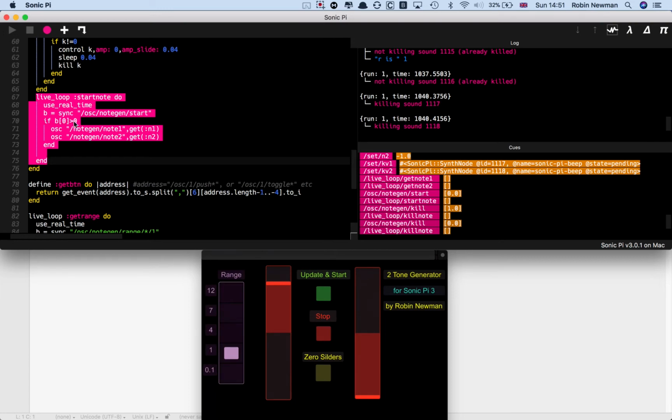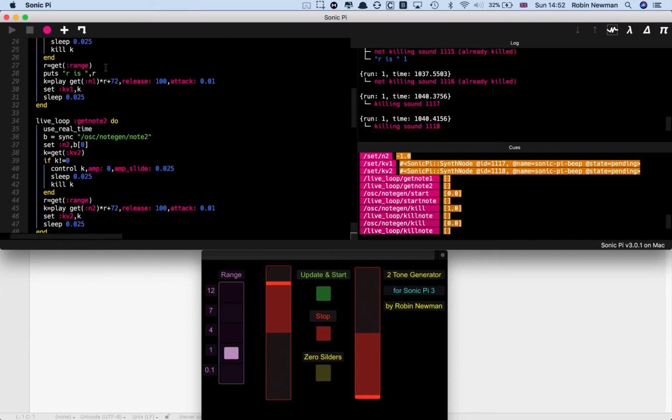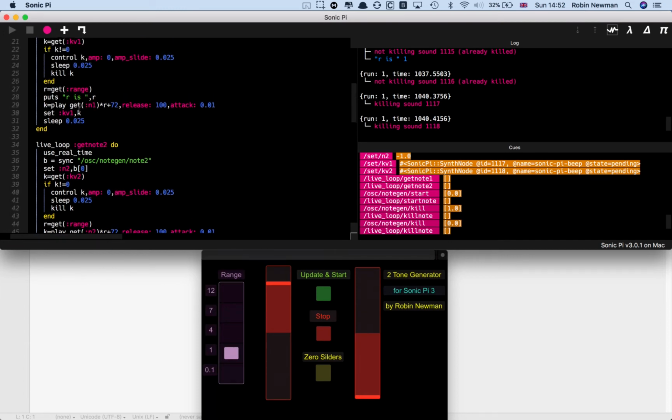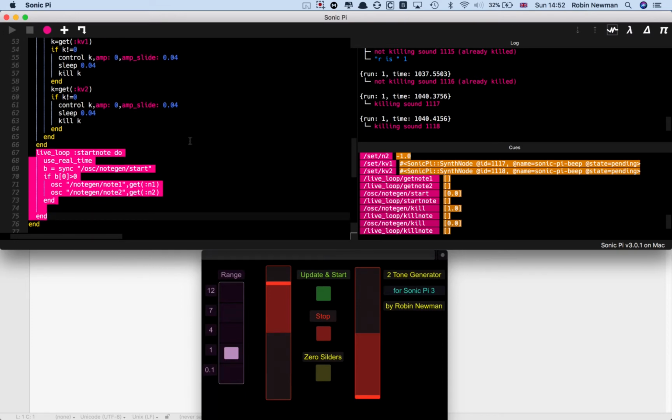It'll check whether the button is pushed, that'll be a 1 if it is, and it's then going to simulate an input from the two sliders by sending an OSC message back to SonicPi as if it's coming from note gen note 1, and it's going to get the stored value of N1, the last value which was stored in this loop back here, and it's going to effectively therefore restart that note with that value,